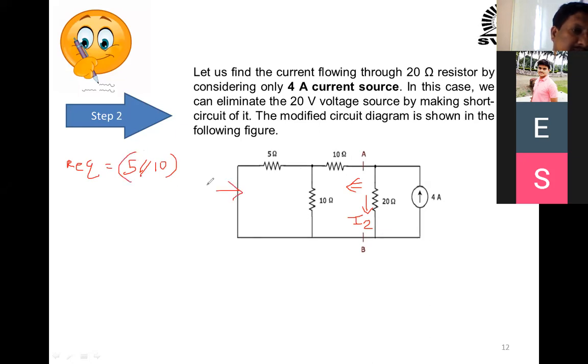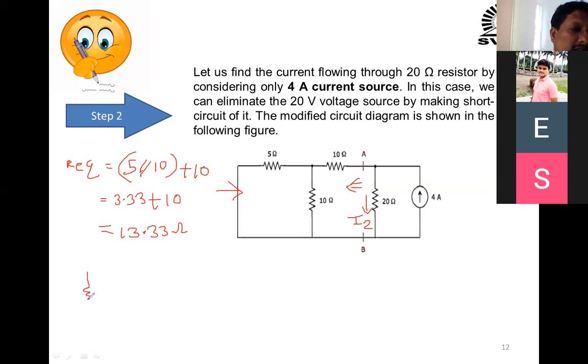You have to measure from here, plus 10. Okay, we are finding out the current passing through 20, but after that, if any equivalent resistors will be there, no sources will be there, then you can use such a concept, but it is difficult to identify. 5 and 10, if it is parallel, so it is 50 divided by 15, it will give 3.33. 5 into 10 means 50 divided by addition of these two, that is 15. 50 divided by 15, it will give 3.33 plus 10 as it is. So it will give what? 13.33 ohm.